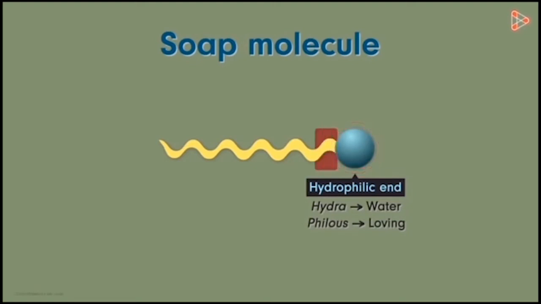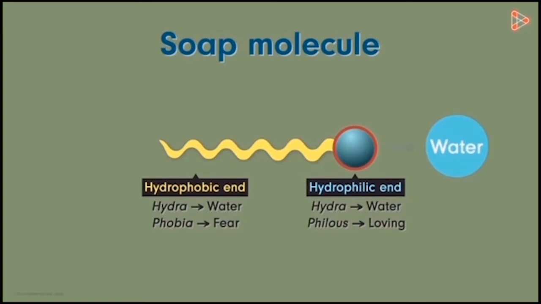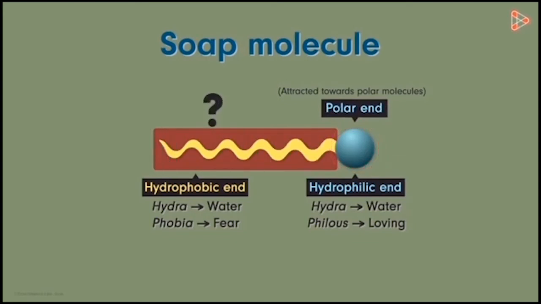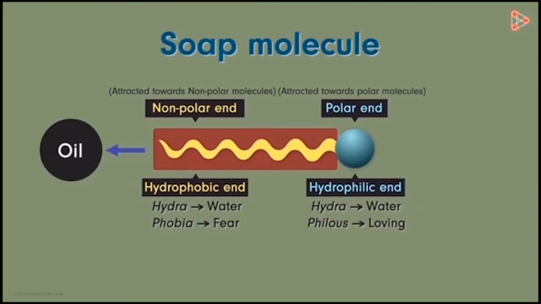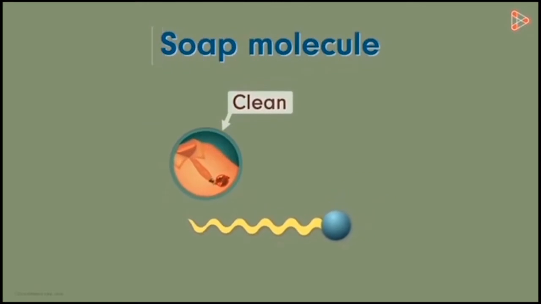In contrast, this terminal is called the hydrophobic end or the tail region. Phobia, as we know, is fear. That means the group that fears being with water. It is the portion that tries to stay away from water. Hence, this hydrophilic part, which gets attracted towards polar molecules like water, is also referred to as the polar end, and the other is called the non-polar end as it gets attracted toward non-polar molecules like oil, grease, and so on. And now that we know the typical structure of a soap molecule,